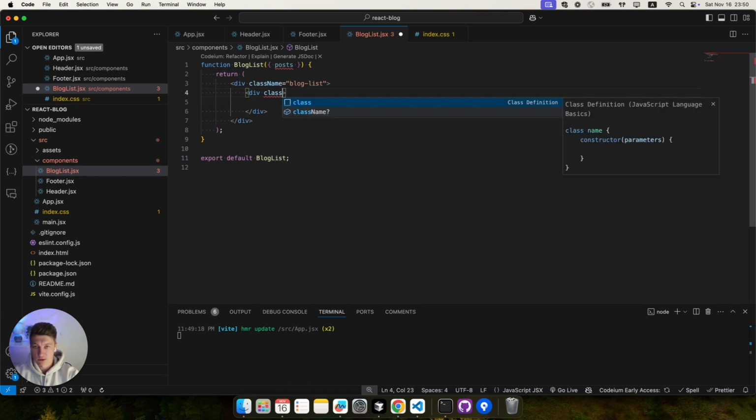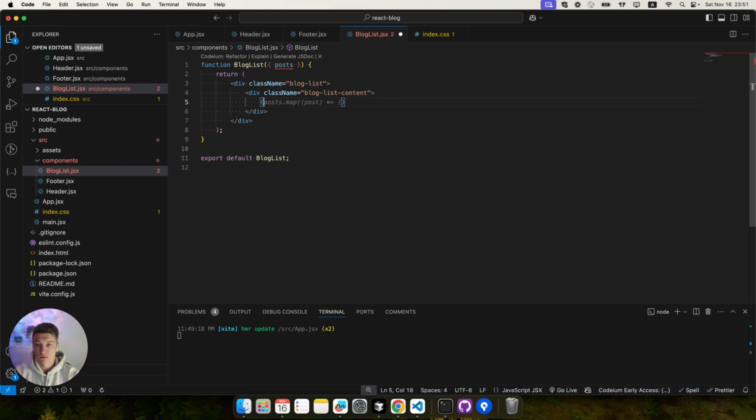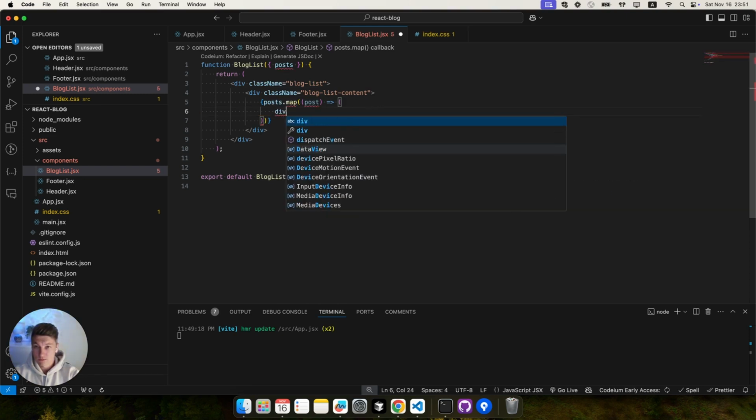Also, I need another div with class name block list content. Now, this is a place where we will map through all our posts and render them. So this is map. For each of my posts, I will create the separate component and render the single post there. For now, we really could leave just a div